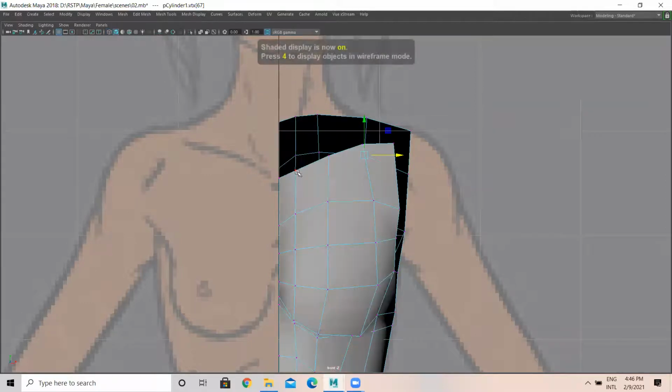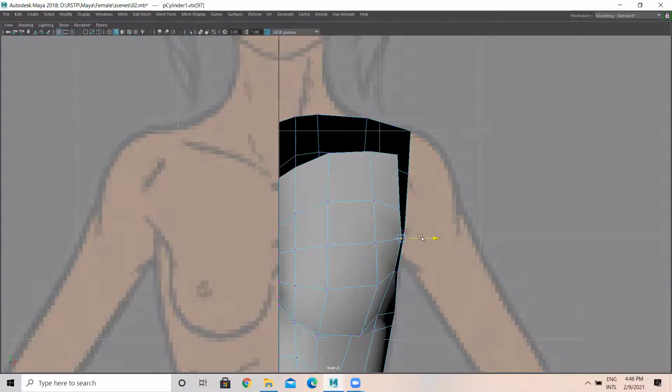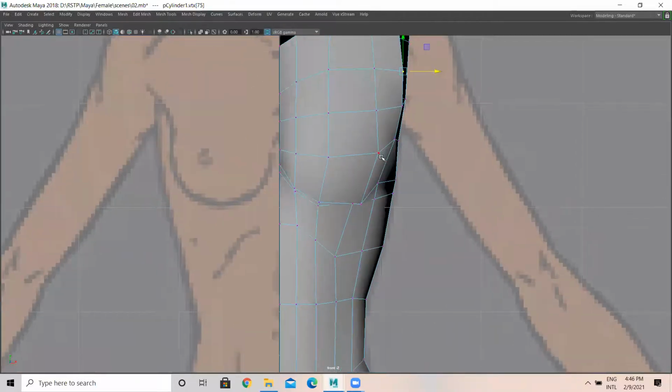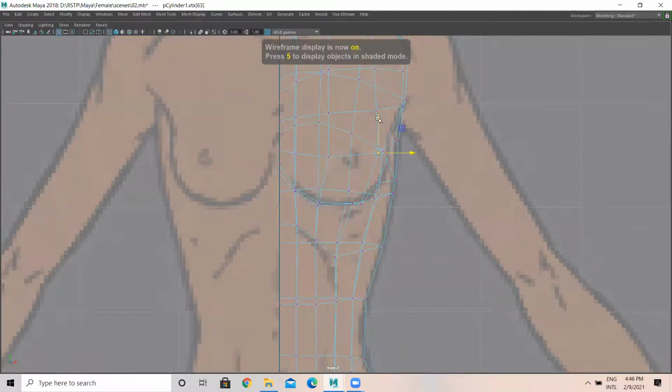Okay, so this has to be proper. It has to be curvy.